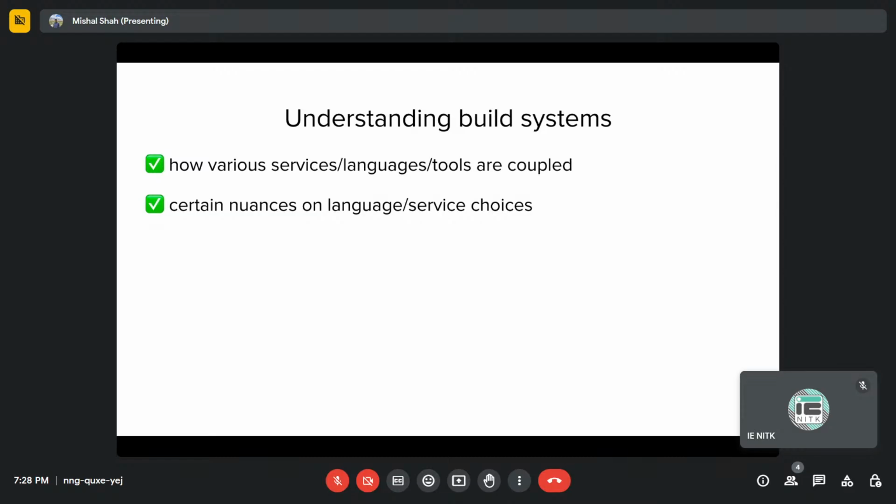So I actually understood a lot of how all these languages are coupled. I usually thought that a software is built by only one language, but multiple languages can be used. So even that was a good eye opener and good to see how they are using all of this together.